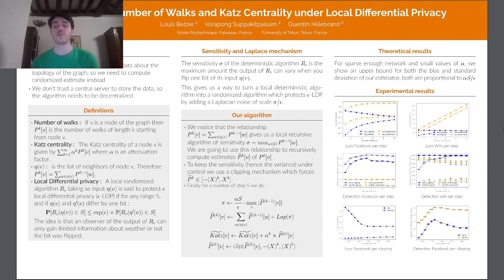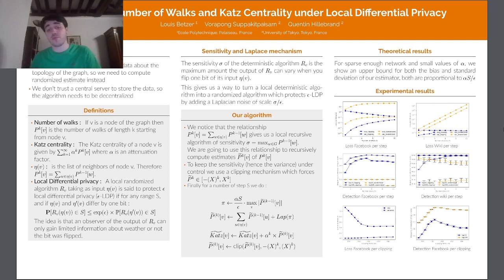So if we look at the figures on the upper left, we have the variance, which is the dotted line, and the loss, which is the squared line. So the loss is the squared loss of our estimator. And this is given when we change the number of steps. And what we can see is that the variance is increasing when we add more steps, which is not very surprising because